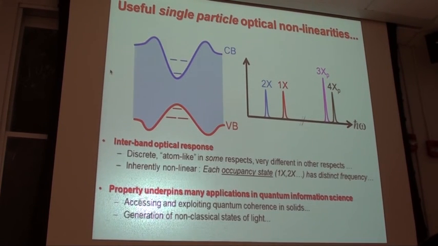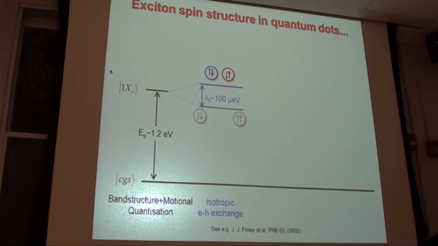Now, in order for me to, let's say, justify some of the results I'm going to show you, I'm going to have to spend a couple of minutes talking about the spin structure of this 1 electron, 1 hole excitation, this 1x excitation. Let me do that. This is a diagram which shows typically the excitation energy of one of these excitons. It's in the near-infrared optical region. And if you look at the spin structure of this exciton, it's formed from an electron and a heavy hole,